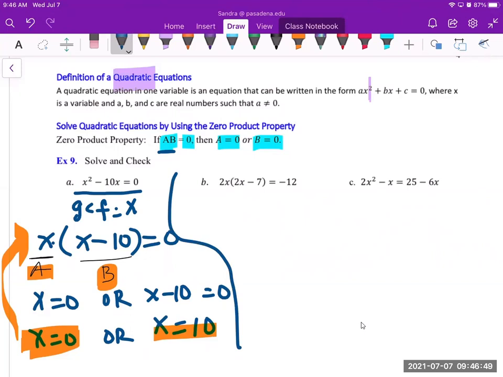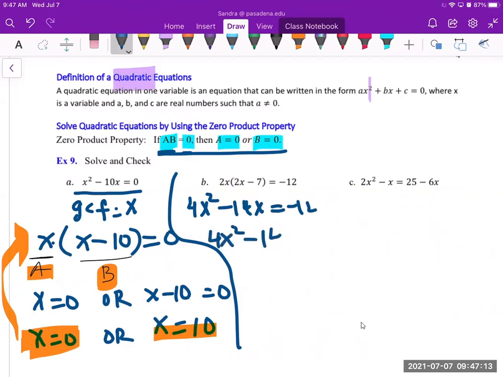It has to be in the form A times B. It's not, so I have to make it look like that, and then the other side must be 0. So I'm going to distribute. That will be 4x squared minus 14x equal to negative 12. I'm going to move the negative 12 to the opposite side: 4x squared minus 14x plus 12